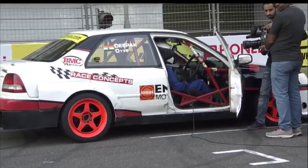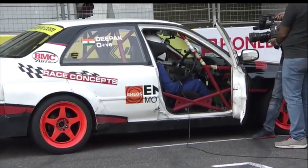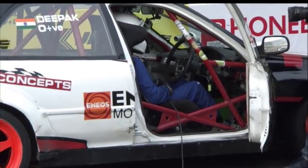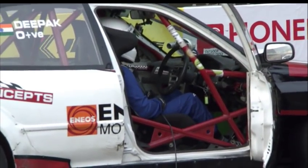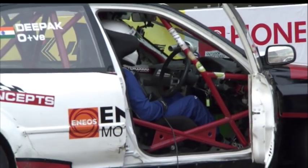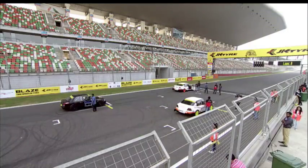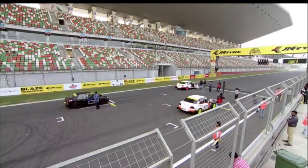And this features Deepak Paul Chinappa in car number 39. Blood group O positive. He is definitely a positive driver, a seasoned campaigner, Deepak Paul Chinappa. You know, we've seen him race on the track in 2 and 4-wheelers, and the moment he starts off on